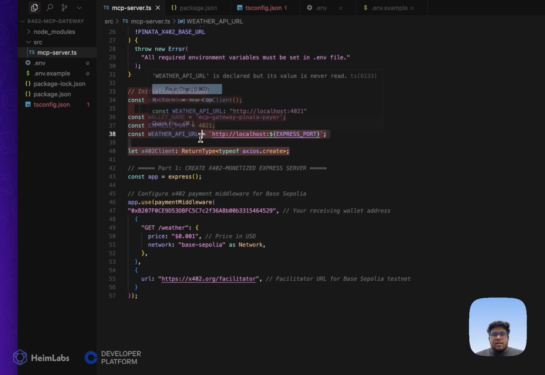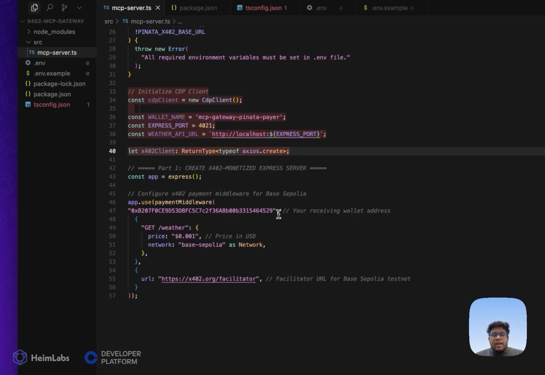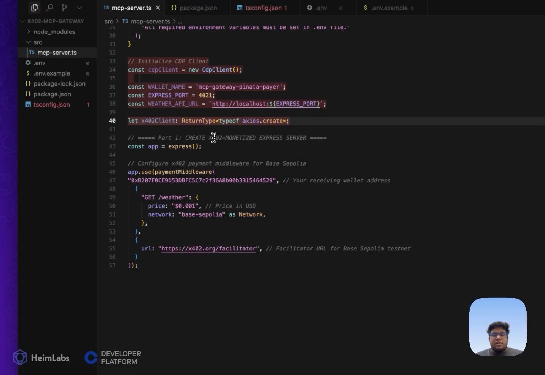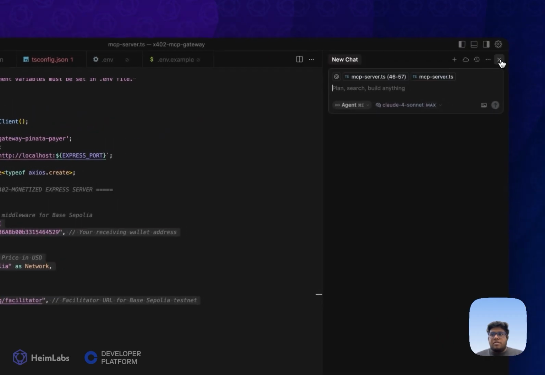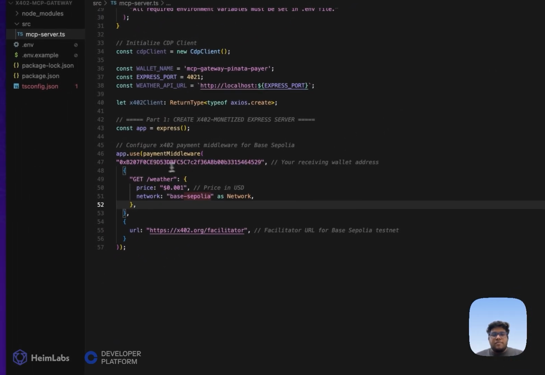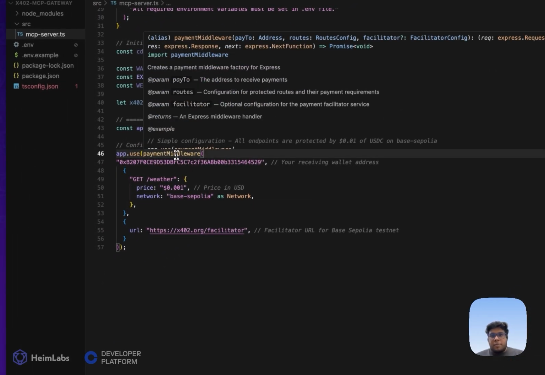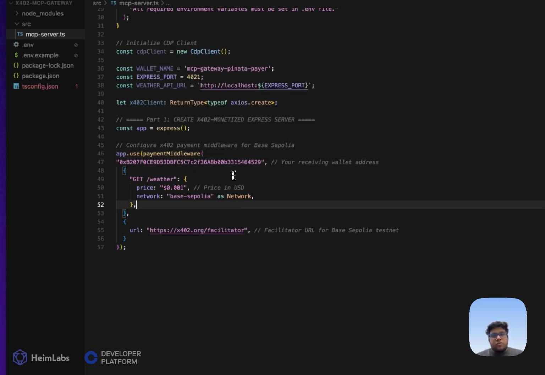After that, we initialize a variable named x402 client with the return type of Axios. And right after that, we'll be initializing an Express server using const app equals express. After that, we'll configure an x402 payment middleware for Base Sepolia. So basically, we'll be using the app.use middleware configuration. So we'll be using an x402 middleware configuration. In that, we'll be using the payment middleware import from the x402-express package to set up the x402 payment